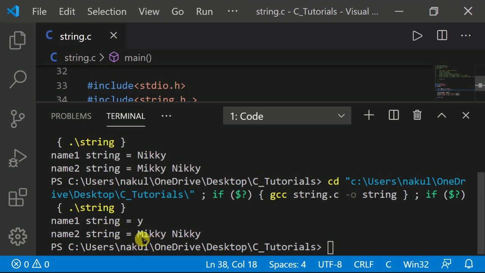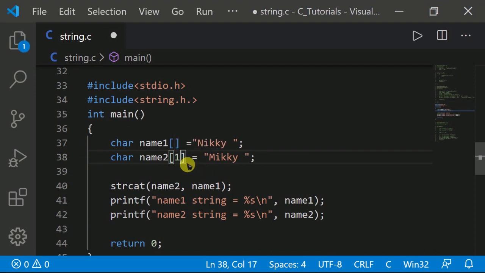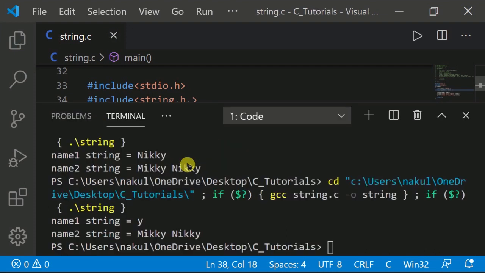Let's count: 1 2 3 4 5 6 7 8 9 10. Only one character is left, so it can't print everything. So increase its length and now it prints everything, Nikki Mickey.